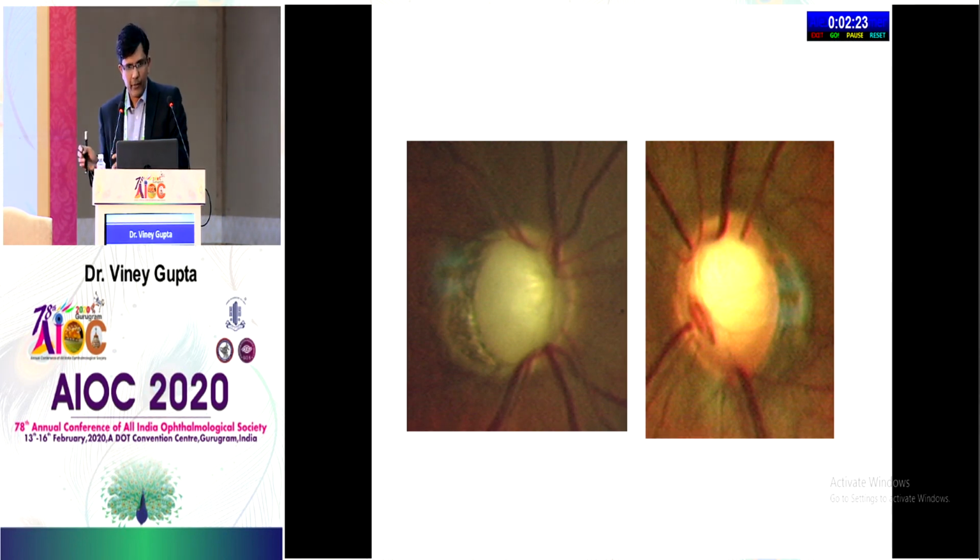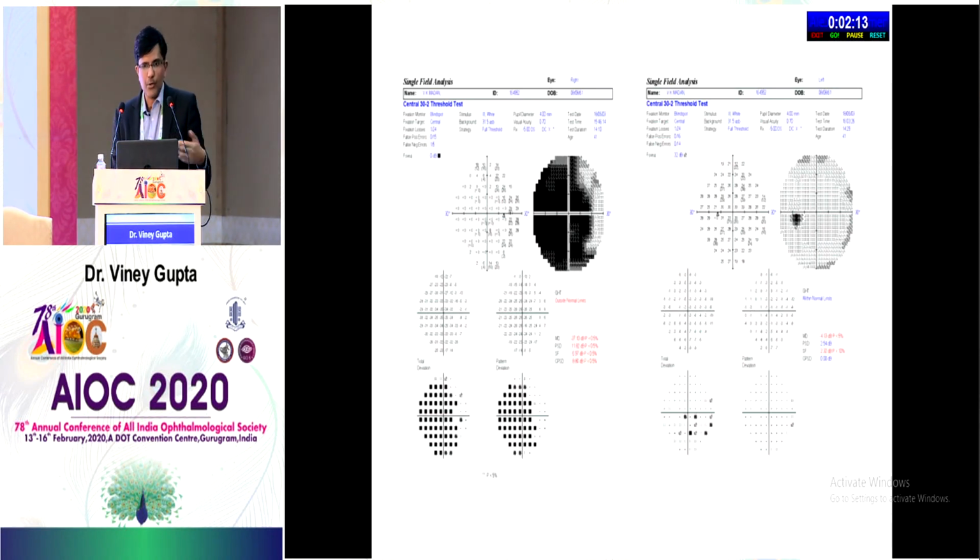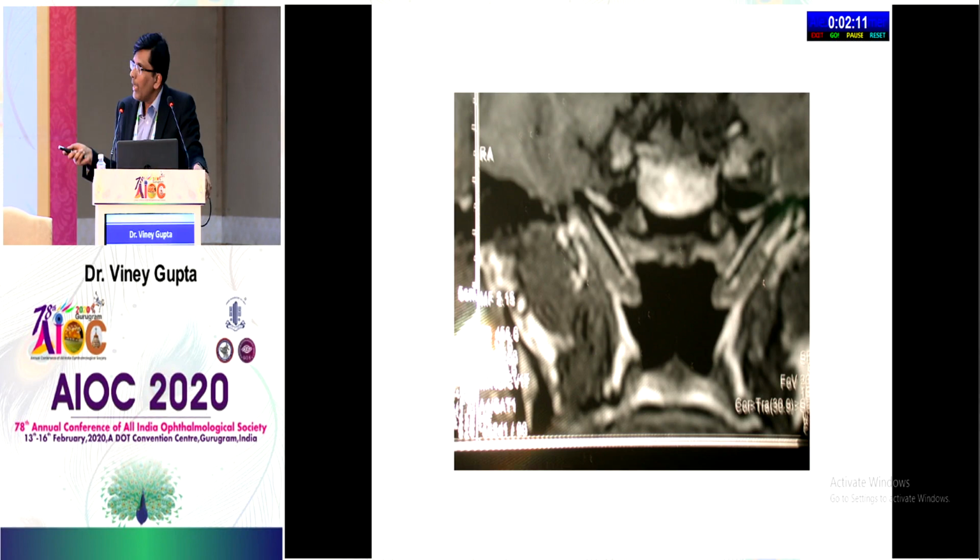that could compound the visual field defect. For example, this patient who had an advanced visual field defect came to us with visual fields like these, worsening visual fields. His IOP was absolutely normal, and we couldn't understand why his visual field was worsening. And then we got an MRI and found that there was a pituitary adenoma sitting there. So there could be a superimposed defect over and above the primary pathology.